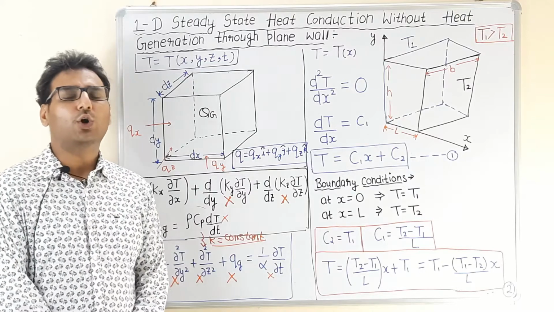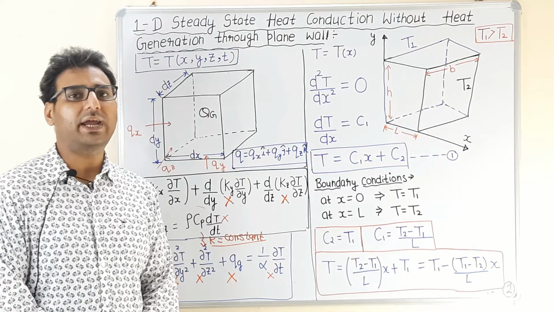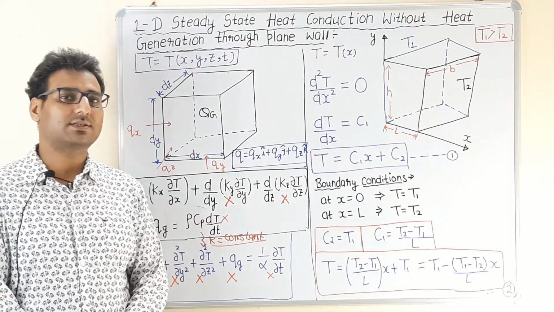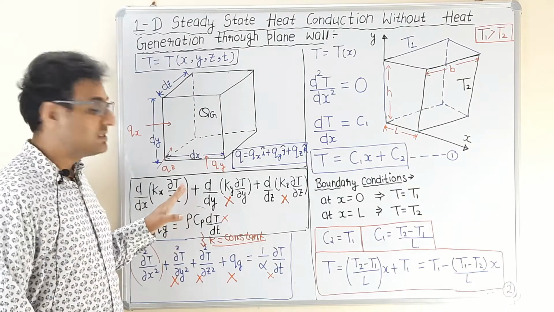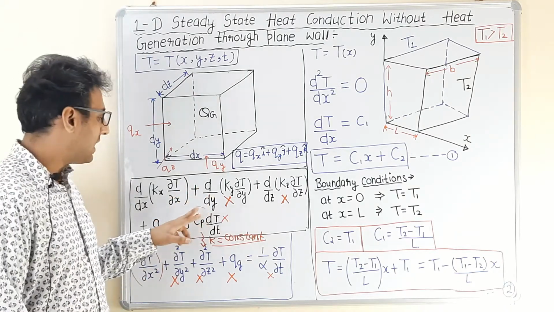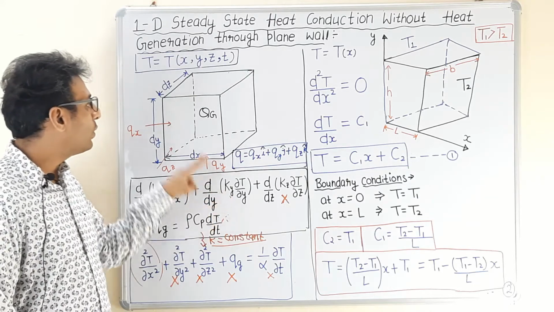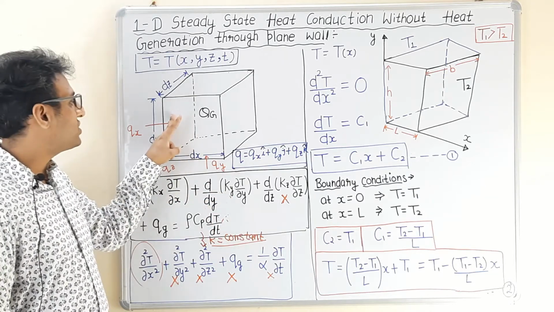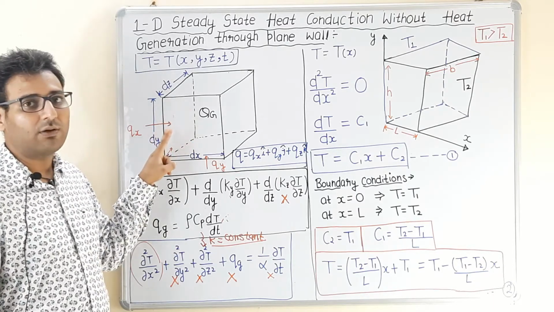Hello everyone, today we are going to discuss 1D steady state heat conduction without heat generation through a plane wall. Now consider the general heat conduction equation in Cartesian coordinates. This governing equation is applicable to a control volume in which a temperature gradient exists in all three mutually perpendicular directions,